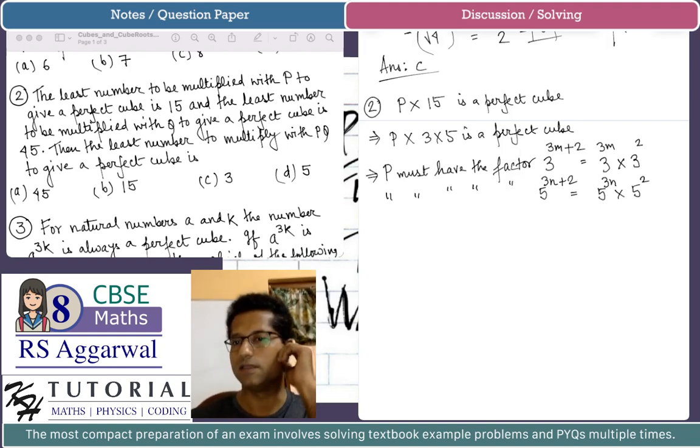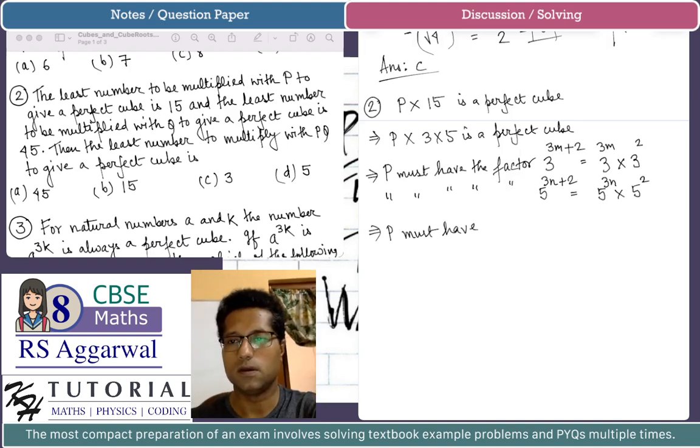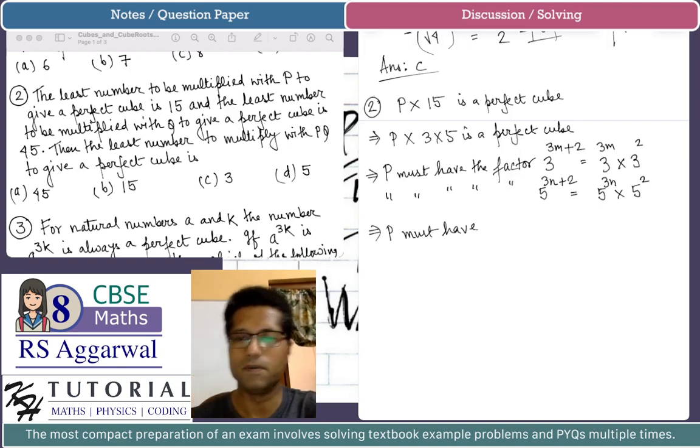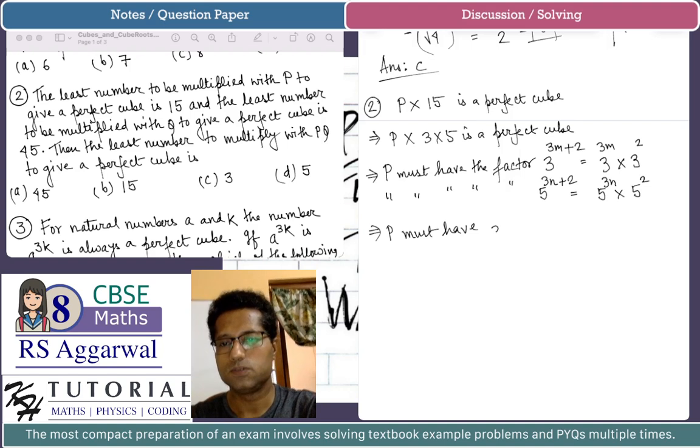we can say that p must have 3 to the power 3m plus 2 multiplied by 5 to the power 3n plus 2 as a